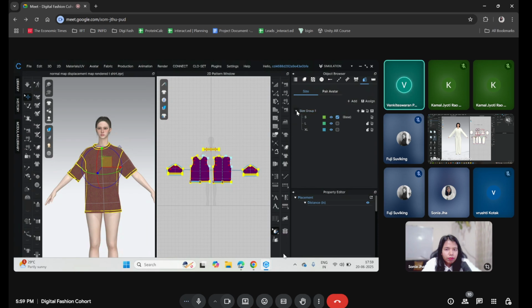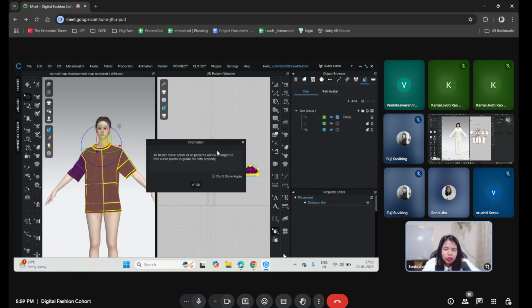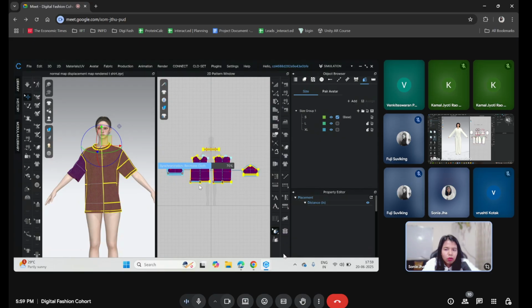Size group, no, not this one. Right side. Extreme right. There is an arrow button. Assign. Click on it. Yes. Okay. So now once all of this is done, what you're going to do is